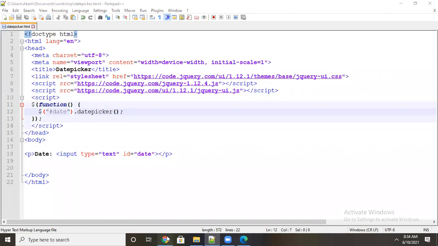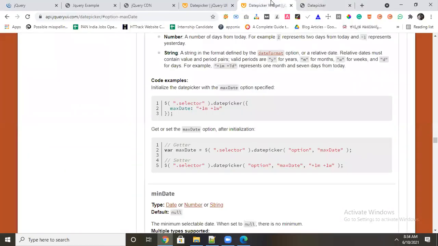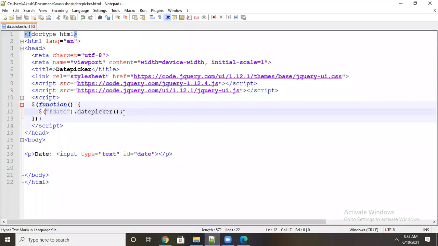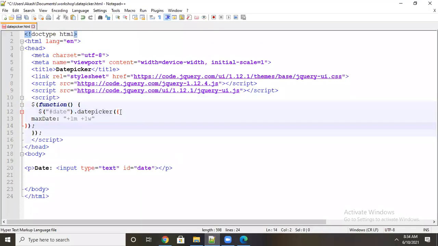Now I will come, so you get an idea how it is working. Okay, if you come to widgets, here they are giving the selector datepicker widget property. Already we have defined that, it is already working. Only inside the curly brackets, you have to pass one more attribute. Maximum date equal to plus 1M plus 1W, meaning 1 month, 1 week, they are allowing in advance for booking. How we control this is, you can copy it and paste it here.